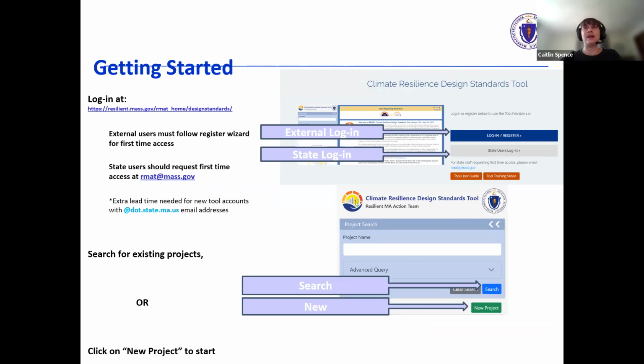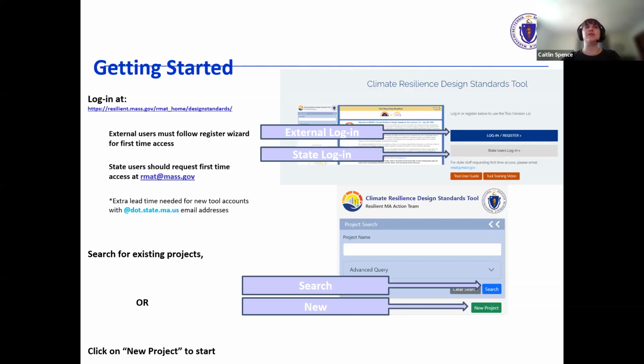So I mentioned that first-time users will need to create an account as shown in the image on the right. External users who are not part of the Commonwealth of Massachusetts state government will follow a register wizard system, which will help them set up an account.